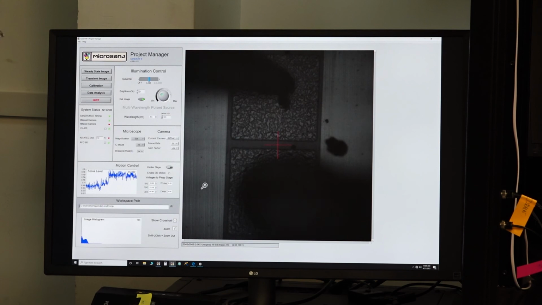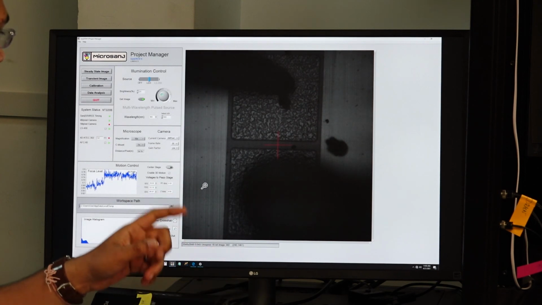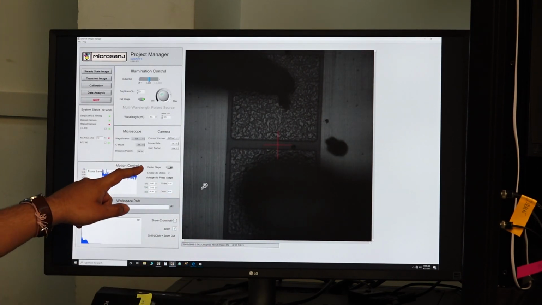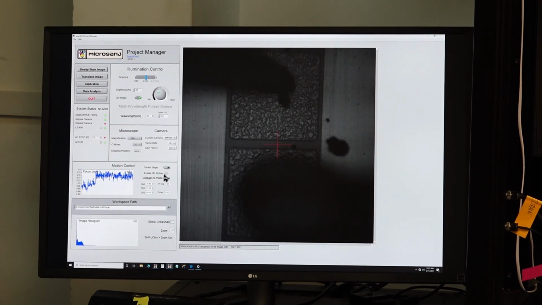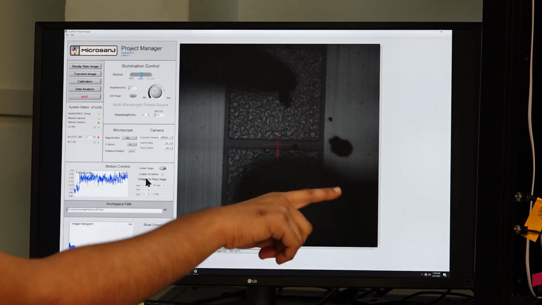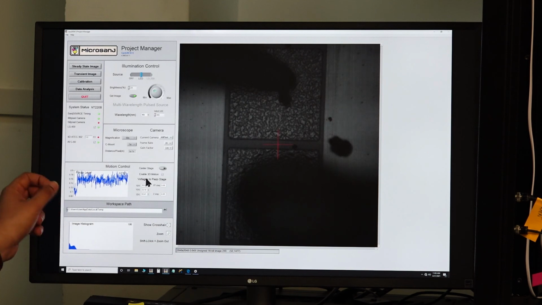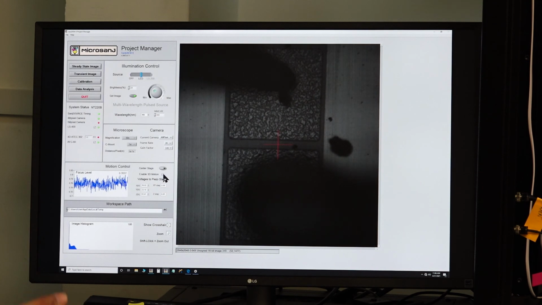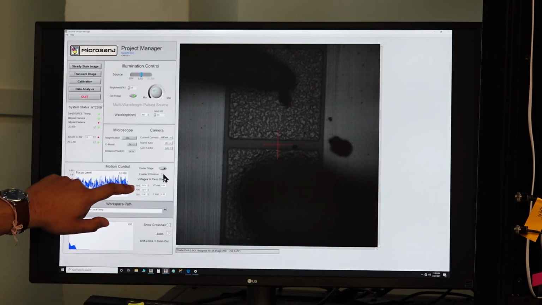So once we have focused the device active area, before probing, as I said, we have to turn on the chuck vacuum, and the second thing that we have to do is enable the center stage and enable 3D motion. That would control the motion of the piezoelectric stage. This has to be done before we probe the device. When we have focused the device, before probing, before even landing the thermocouple, the motion control parameters have to be set. The center stage option has to be enabled, which sets the X, Y, Z values, as you can see, to their home position, which is the center of the range that we have. So it's currently set there.